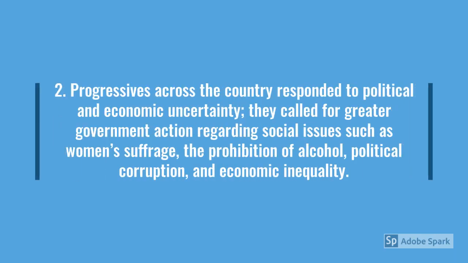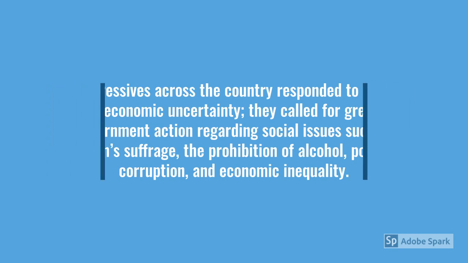In response to the mass industry that was happening for the first time ever, as you can imagine, all sorts of problems arose that people had not dealt with before, and progressives were groups of people who created movements to address the corruption or injustices that they saw within industrialization. So we're going to look at a few examples of that on the next coming slides.